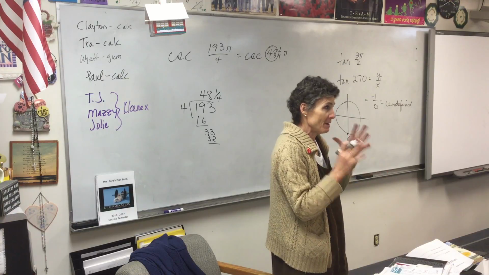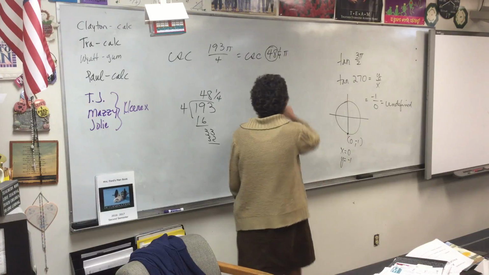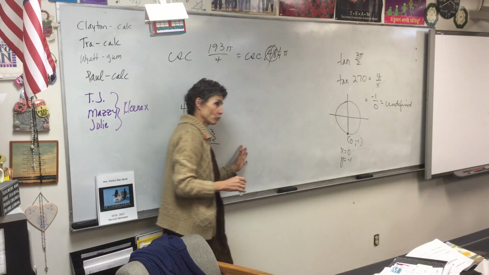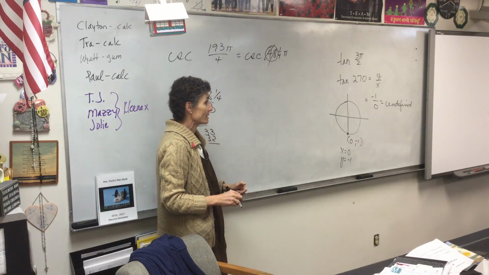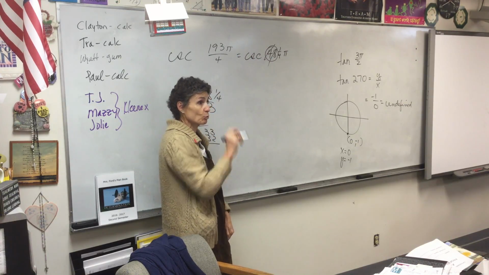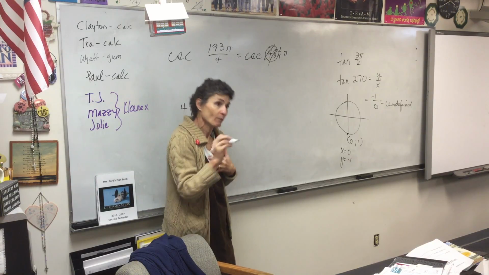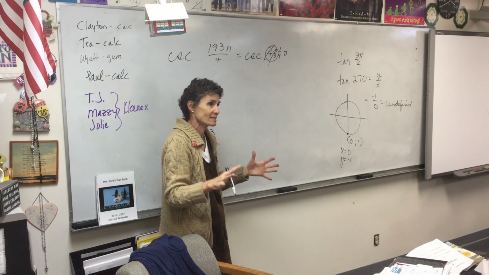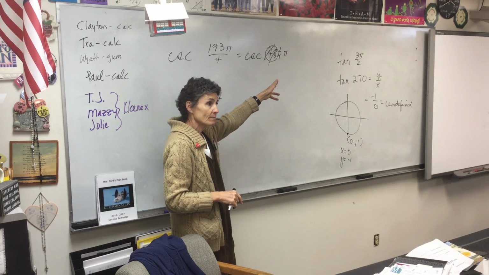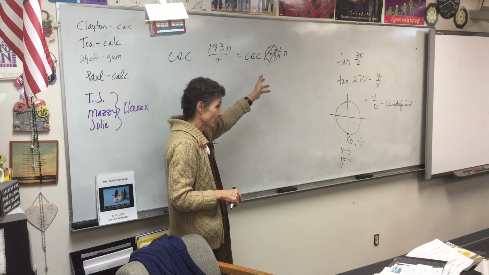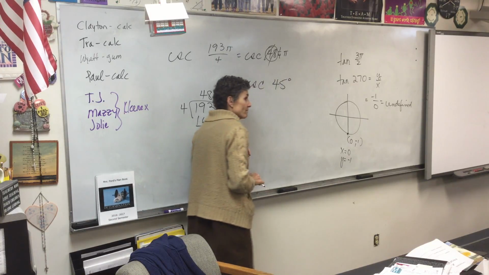So what impact on my picture does that 48 have? None. So I'm just going to forget it. Just like you subtracted the 360 out of that other problem, I'm going to get rid of 48 pi because it's nothing but spinning around 24 times. What I care about is after I've spun around 24 times, what's left? All that's left is a fourth, right? And a fourth pi is 45. So this is asking me to find the cosecant of 45 degrees,